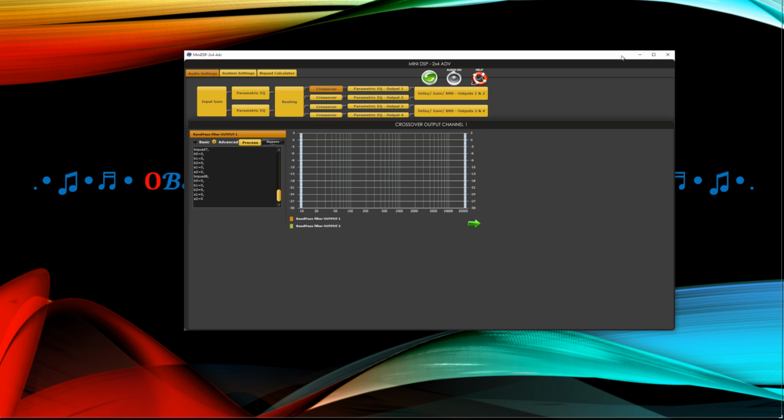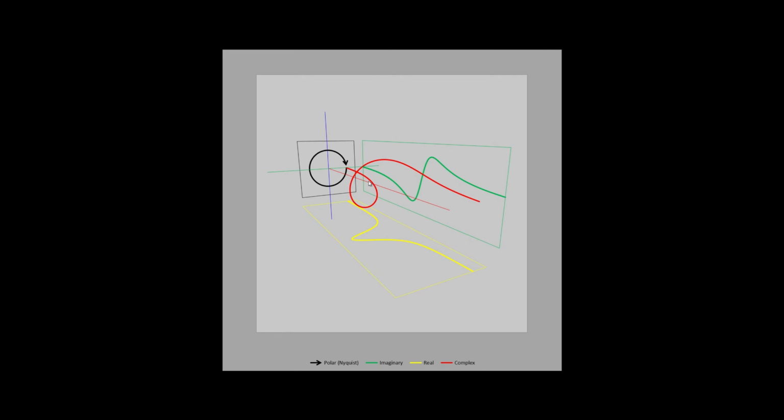And before I end this video, I want to just show you quickly why fixing crossover phase shifts and box phase disturbances is so important. The red line here is the phase rotation. It's in three-dimensional space and it's quite complex. The green plane is the imaginary plane, and that's the imaginary component of this phase rotation. The yellow plane is the real plane. This is the real component of this phase rotation. And the black plane at the back is the polar plane, where you have the unit circle. So it's quite complex. That's why it's quite hard to grasp the phase rotation idea in a wrapped 2D graph or unwrapped version, as it were.